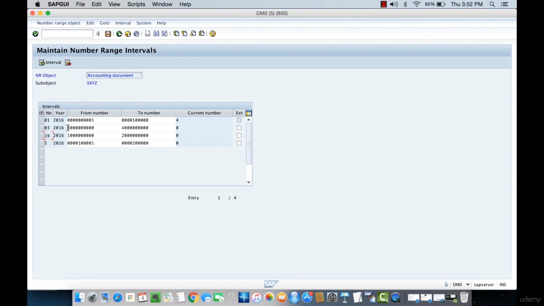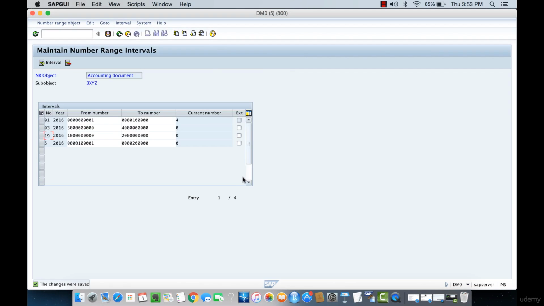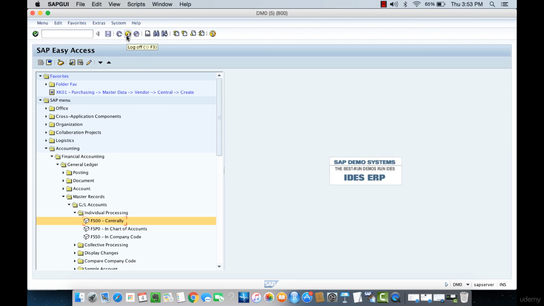And once you're done with that, we can hit save, click continue to this, and let's come out. Now we have defined firstly an account for the assets that we're going to be moving around, and we've also defined the number range that we are required to enter. We have a third thing that we have to also do,